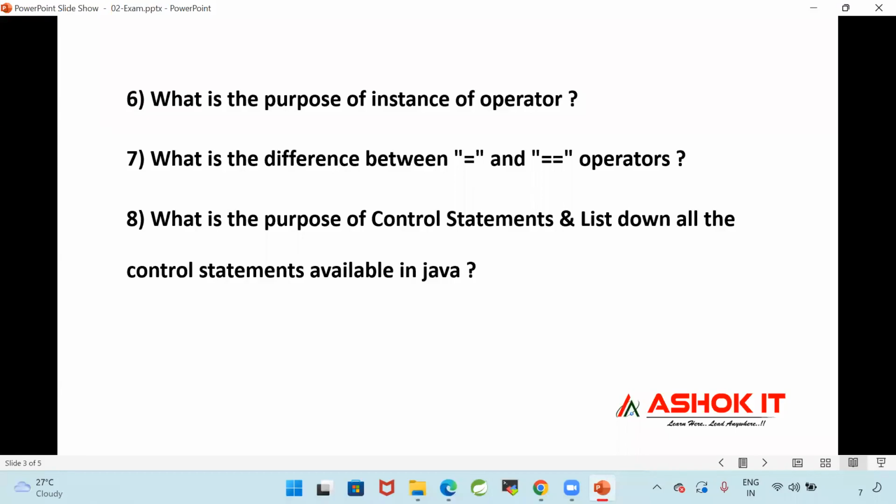There are several control statements available. Category wise, you need to write them.